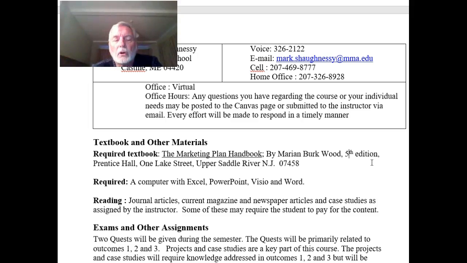We will have some reading from articles. I will provide those to you: magazine articles, newspaper articles, journal articles, and case studies. I don't expect this will happen, but if I decide to use a case study that has a fee attached with it, you may have to pay that fee. It's quite small usually, $10 or $15. We'll see whether that happens or not, but some of the people who write case studies actually charge for them as opposed to providing them at no cost. So we may use a case study that provides that. I haven't decided on all the case studies I'm going to use for this course.